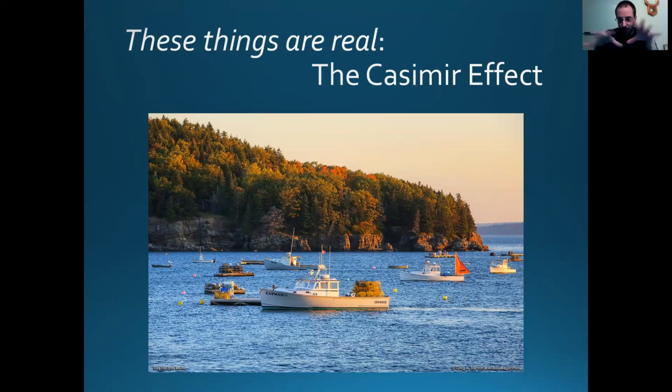Anyway, these little things are called virtual particles. So two electrons come together and repel. The reason they repel is there's all of this activity between them. A photon that goes back and forth, maybe an electron-positron pair, maybe a quark pair, maybe a W boson or a Z boson, and all these other particles. Now, these things, it turns out, are real, and you can measure them.